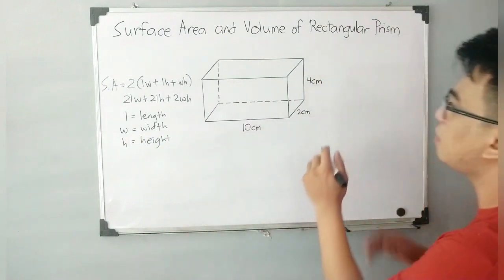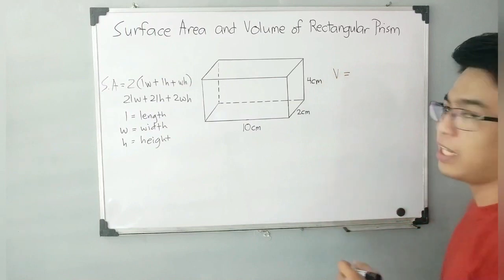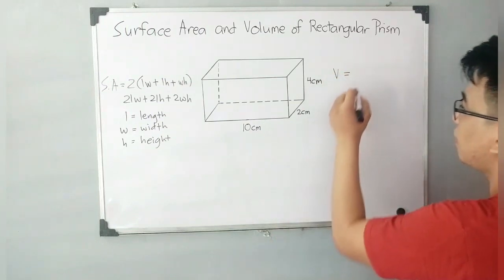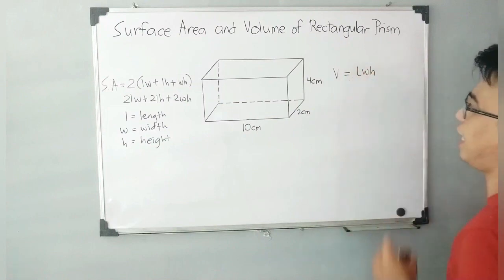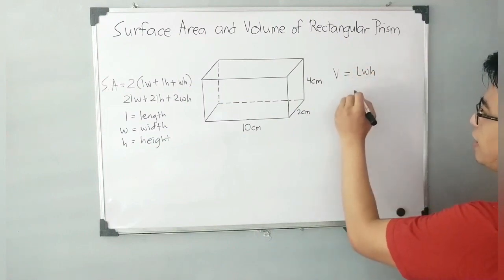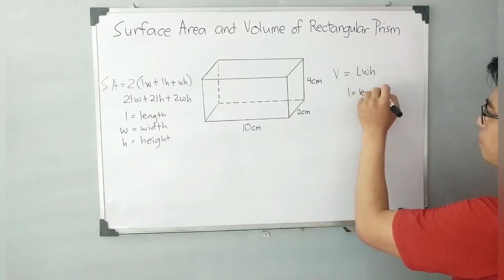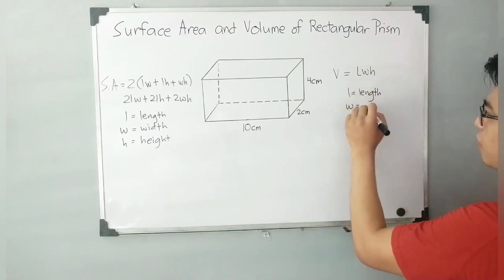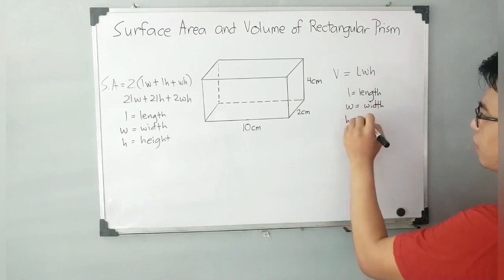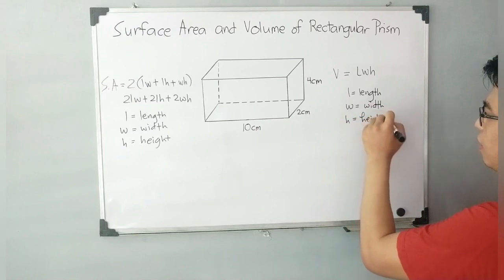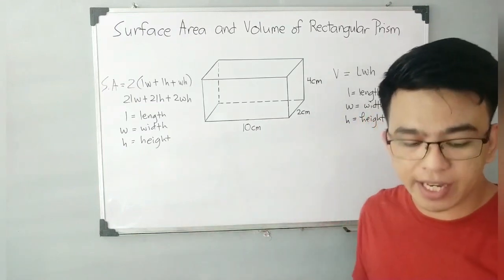And for the volume naman, for the volume or letter V, ang formula na ginagamit natin is simple lang naman. We have the length times width times the height. So again, yung L natin stands for the length. Yung W natin is for the width. And again, your H is for the height. Since we already know the different formula for the surface area and volume of a rectangular prism,